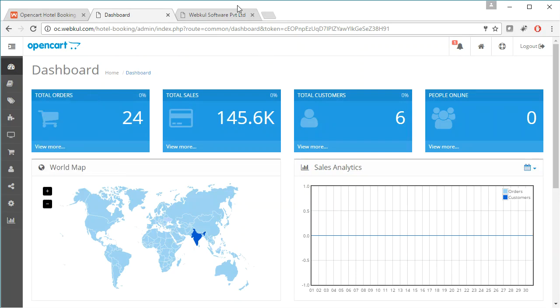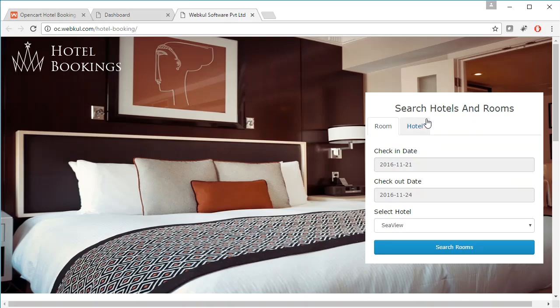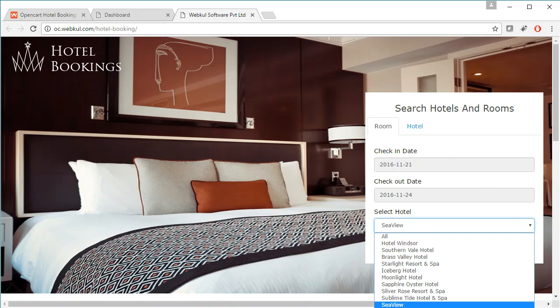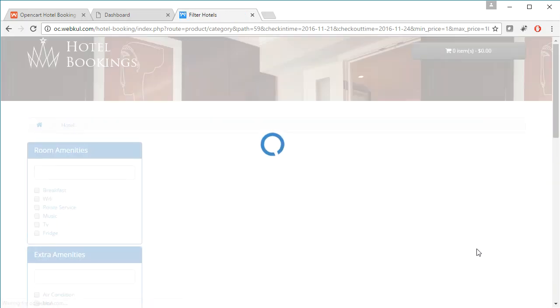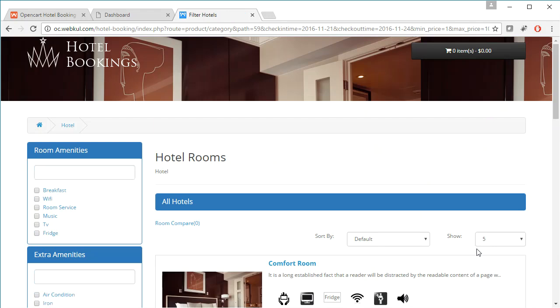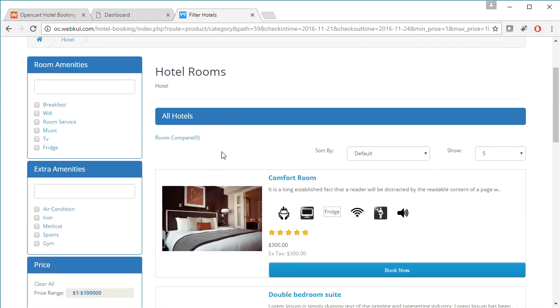Firstly, you can see that on the front end here is the option to search hotels and rooms, and the customer has to provide their check-in and check-out date, and they can either select any particular hotel in which they want a room, or they can select all to see the rooms available in all the hotels. After that they just have to click on search rooms, and then they'll be able to see all the rooms that are available between that check-in and check-out date,